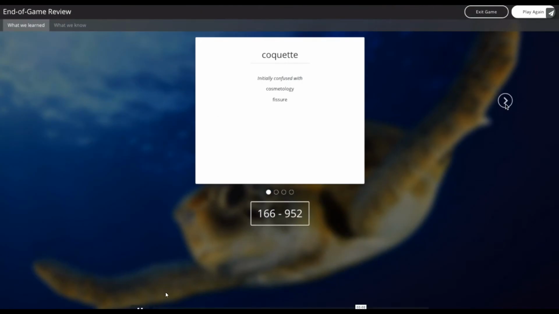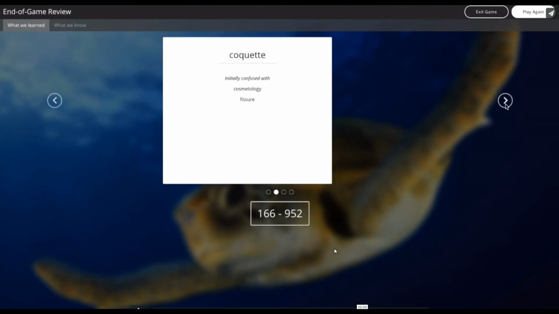Yeah, and then obviously with this, as you can tell here, we'll use that. As soon as the game is over, we can review how the whole class did. We can see what terms they learned by playing the game, terms they regularly missed, and terms they know by heart. So yeah, this is a great form of assessment in terms of finding out where perhaps students are at their weakest as a whole group, so you can focus then on